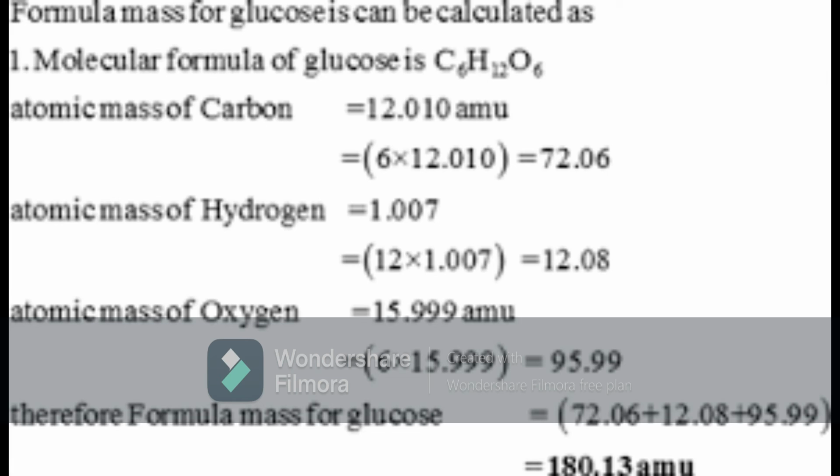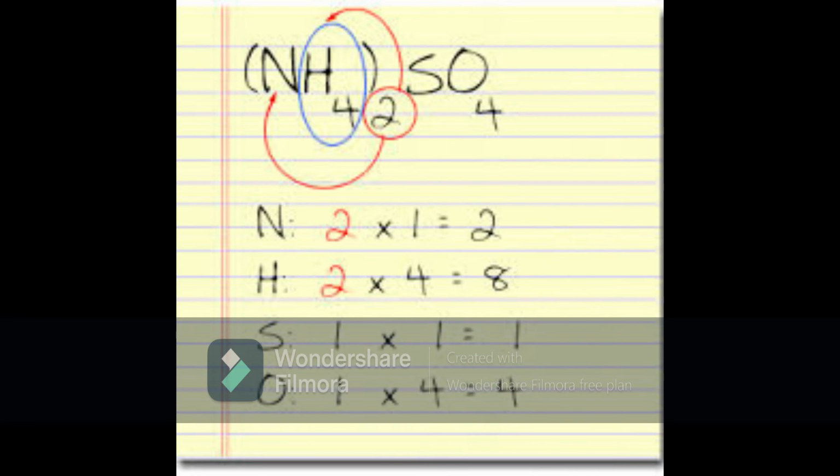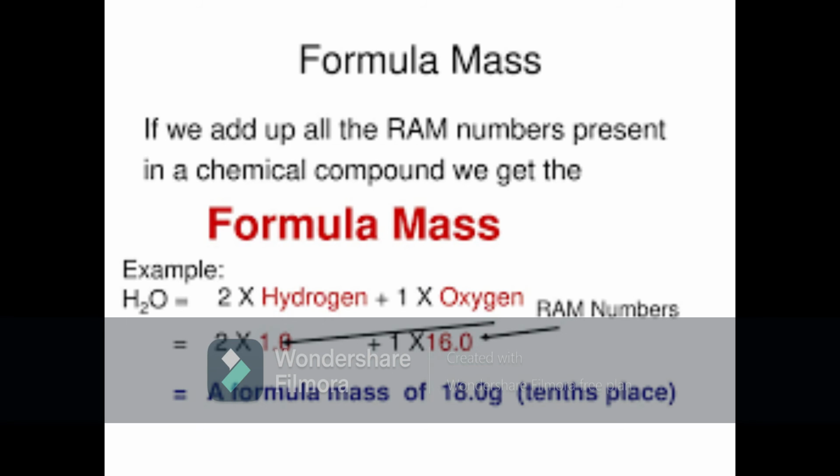How did you get this formula? Hydrogen valency is 1, oxygen valency is -2. When you crisscross it, you will get hydrogen taken twice with oxygen. So therefore its formula is H2O. 2 into 1 for hydrogen, so 2 hydrogens you have taken, 2 into 1 plus 16 into 1. You will get 18 units. Like this you are going to calculate for HNO3. For hydrogen 1, for nitrogen 14, for 3 oxygens 3 into 16, 48. So you will get 63 units. So this is how you can calculate the molecular mass.